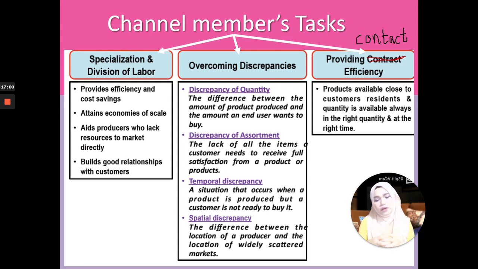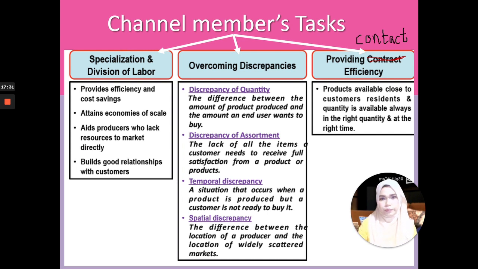Now, it is December, so Christmas is around the corner. Okay, those Christmas items are not produced this month, especially the Christmas trees. When do the producers start to produce Christmas trees? They don't produce this month because it will not be able to reach the consumer by December. So typically, the producer will produce in early of the year. Early of the year, they will already start producing all the Christmas trees or Christmas items.